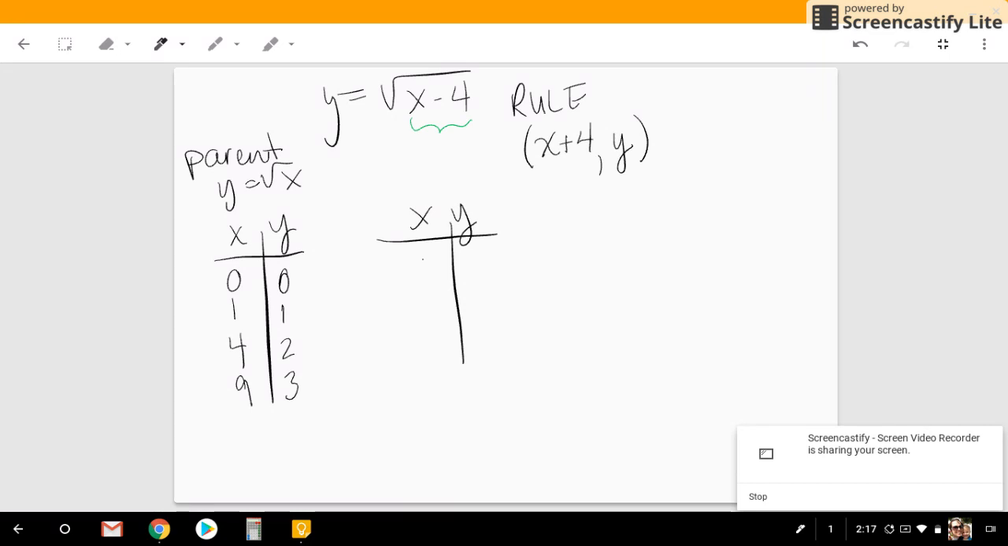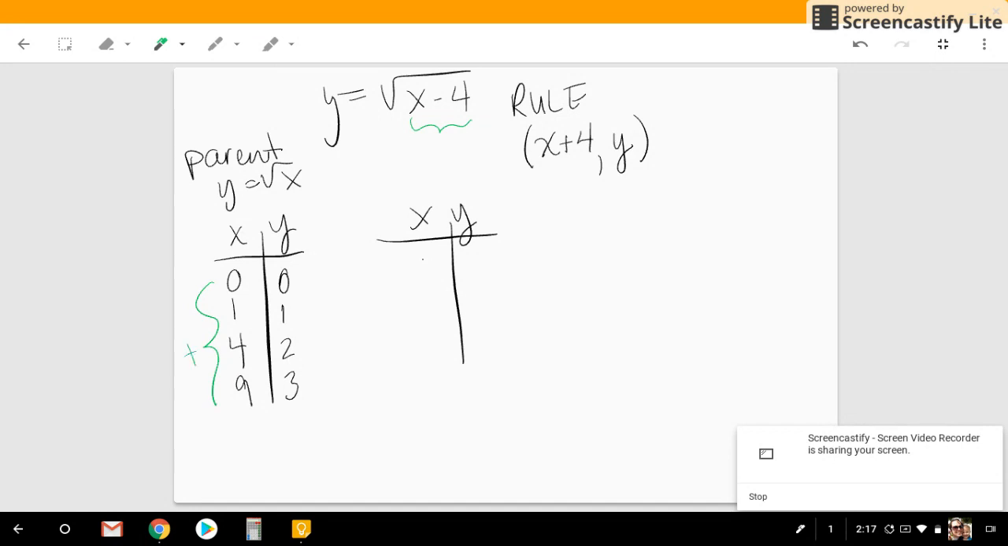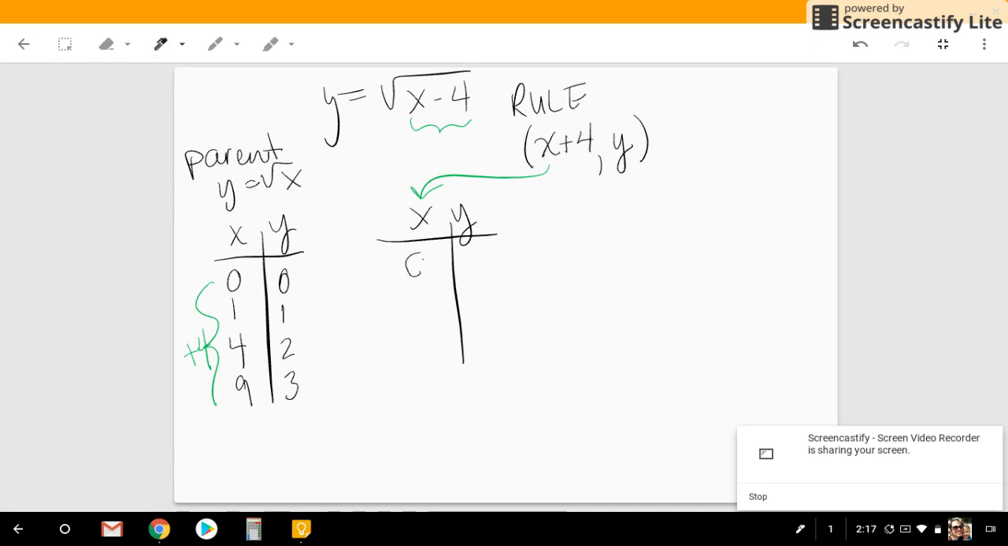Instead of 0, I'm going to take all of these and add 4 to them, because that's what my rule told me to do. Take all the x's and add 4. So 0 plus 4, oops, I need to erase that. 0 plus 4 is 4. 1 plus 4 is 5. 4 plus 4 is 8. And let's see, what do I get here? 13. 9 plus 4 is 13. And then I'm going to copy down my y's because I'm not changing them, because there's nothing happening on the